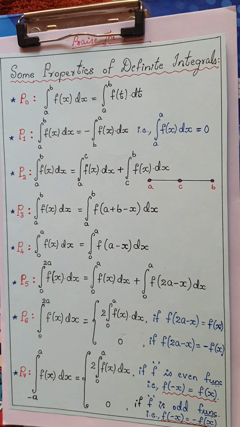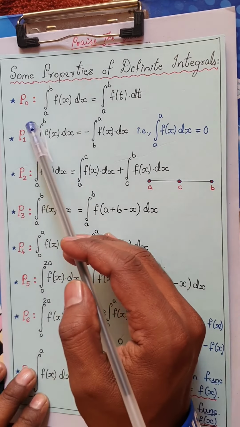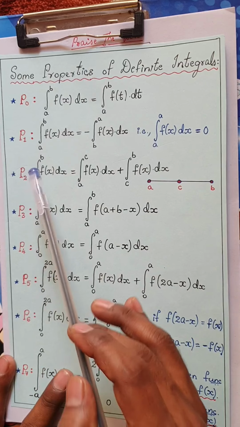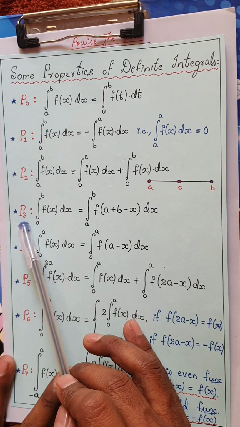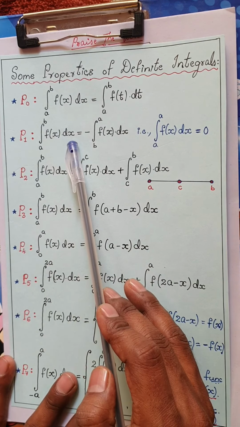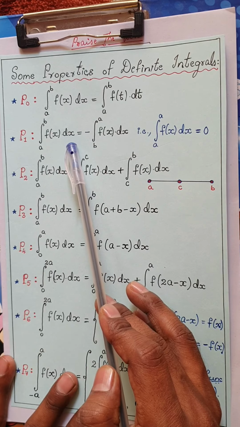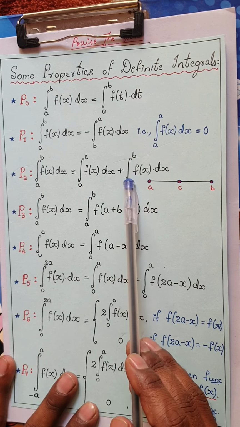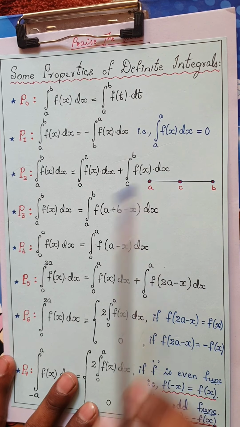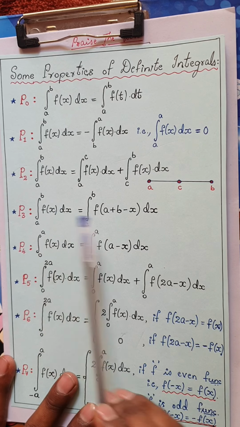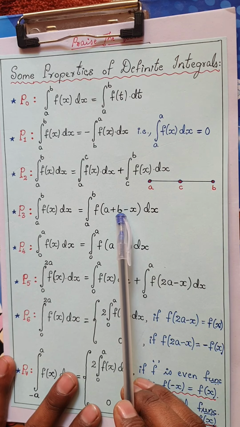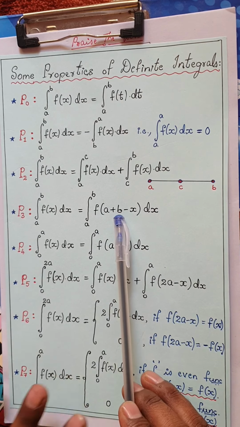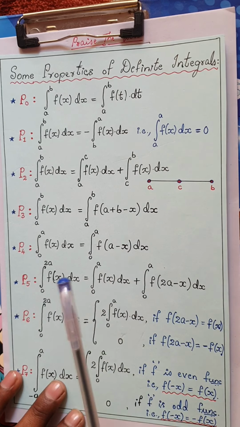properties of definite integrals. Dear students, in the previous session we have solved the property P0, P1, P2 and P3 also. Okay, so P0 and P1 are just properties, proofs would not be asked. P2 there are chances of proof being asked, but they have not asked even once in the main examination. Now coming to P3, along with this proof there is one question which can be asked and which has already been asked 3 times, and we have already dealt with it in the previous session.